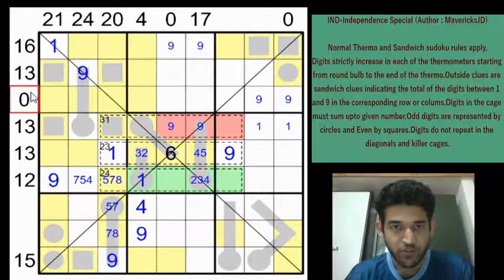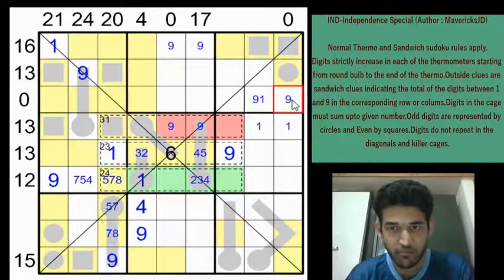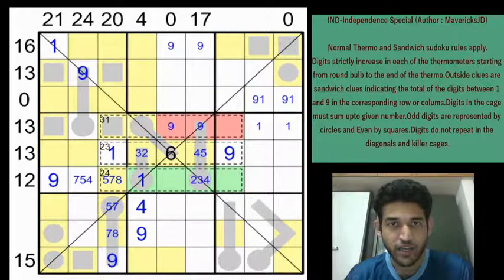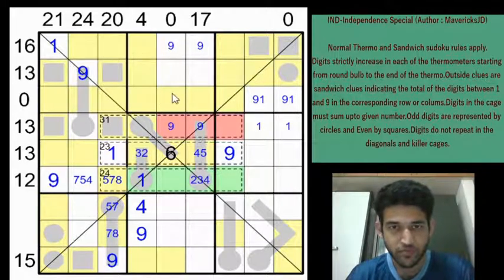And now we can make use of the 0 clue. If a 9 is here, that gives a 1 here. And if a 9 is in row 3 column 8, then 1 must be in one of these 2 cells. Right? These are the only possibilities. But you have a 1 here. Now we can eliminate the 1 from here. So we get a 1-9 pair. Now we can shade the rest of the cells as not being yellow in this box and in this row.